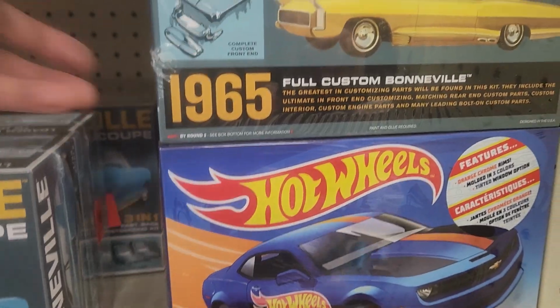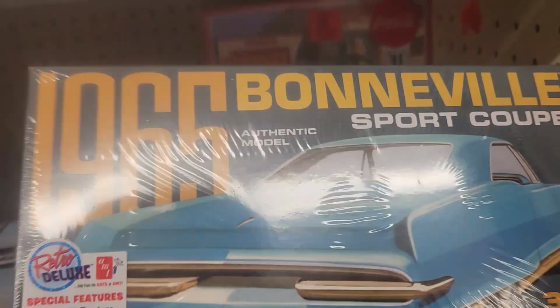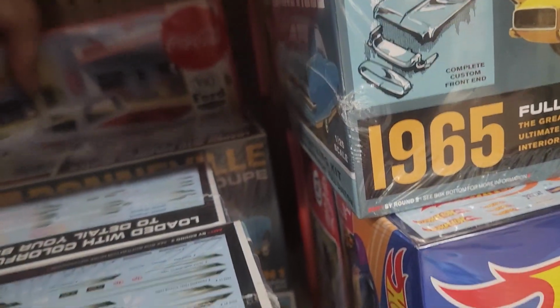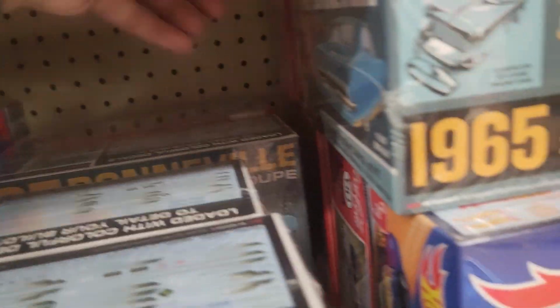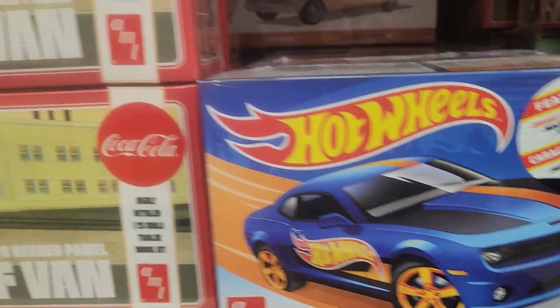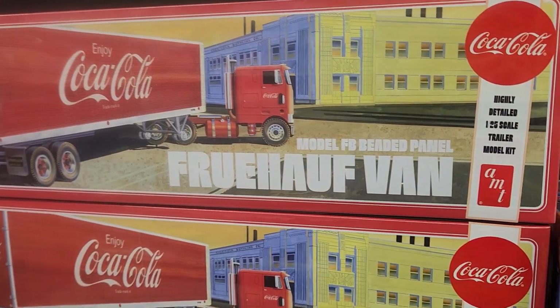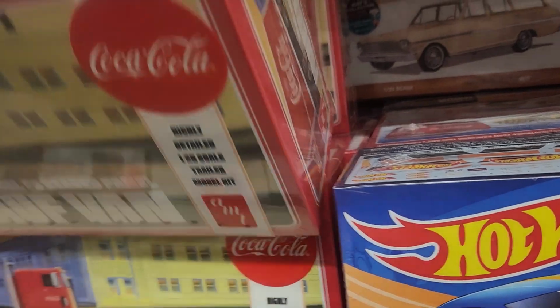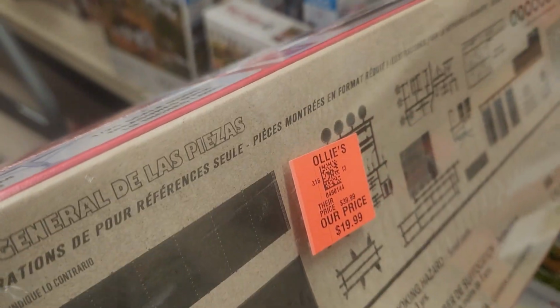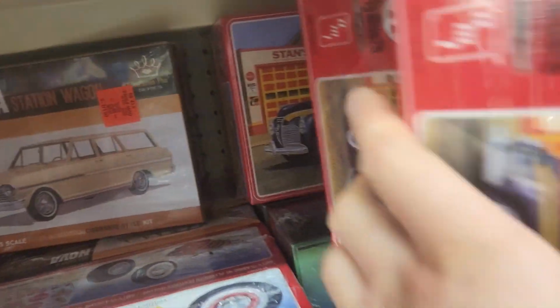The Hot Wheels, '65 Bonneville, '41 Plymouth, the Coke Edition, '60 Ford. They have the other pickup too. Hot Wheels, the Freyhof van. This one's $19.99. The Curbside, $41.41. The Batwing,